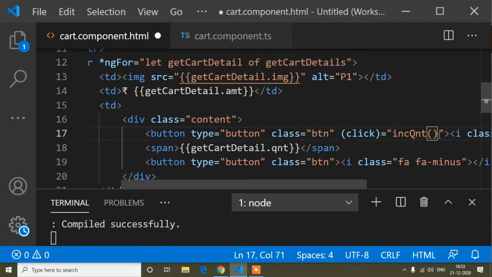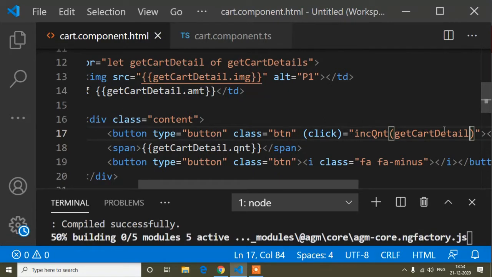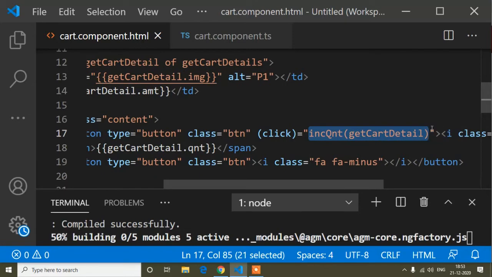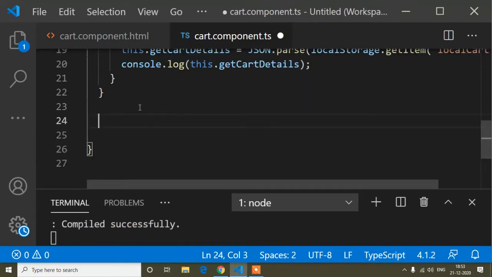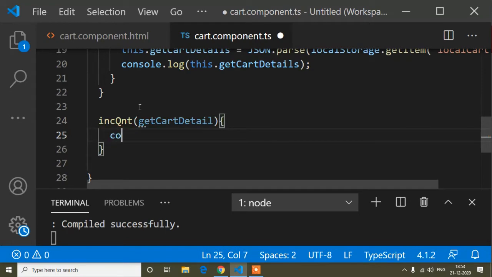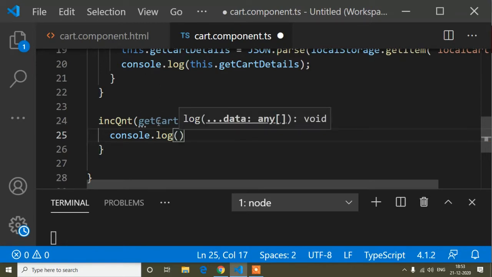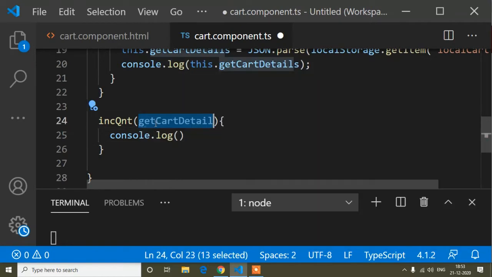I will copy this method name from here, go to our TS file, and paste it. Now I will write console dot log, and inside it I will copy this parameter and paste it here and save.